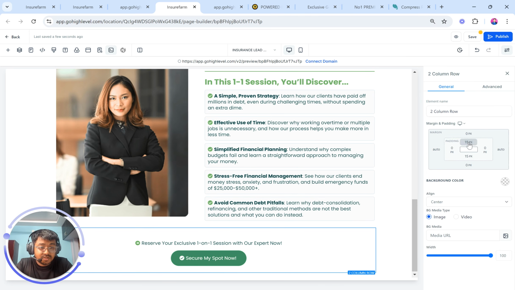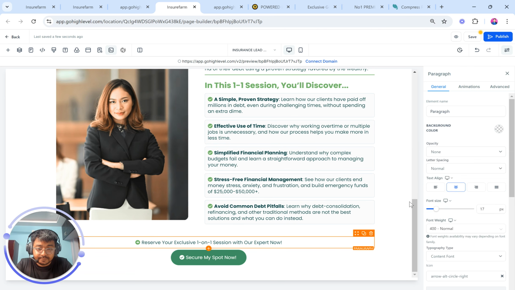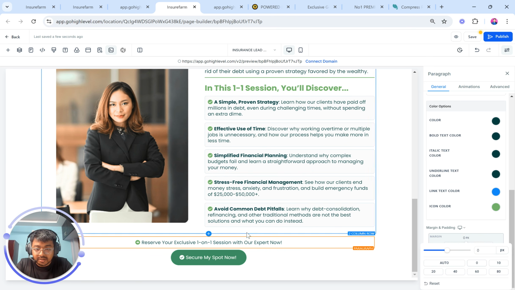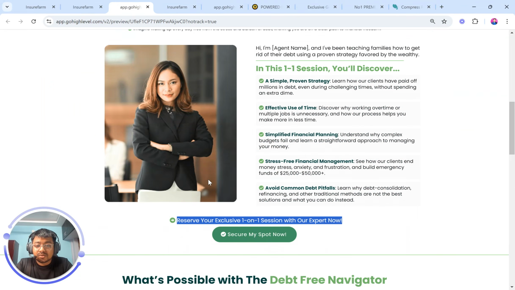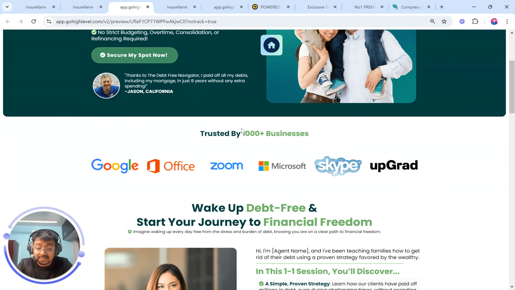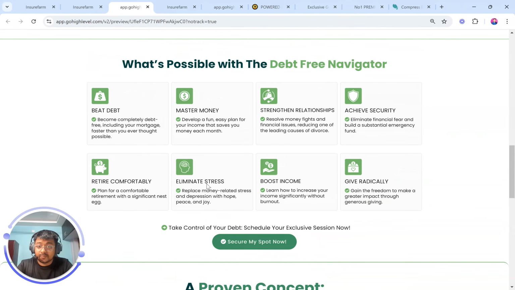But yeah, let's focus on the spacing. Spacing is too much. We don't want that much spacing. Of course, there's some default spacing in there. We're going to make sure that we reduce it so it looks nicer and it looks beautiful, right? That goes in the second section, which is the third section basically, because the first one was this, the second one was the trusted logos, the third one this, and the fourth one is very important, which is: